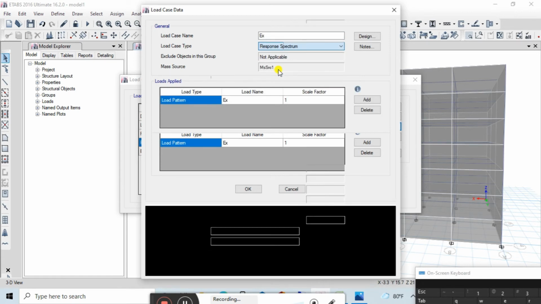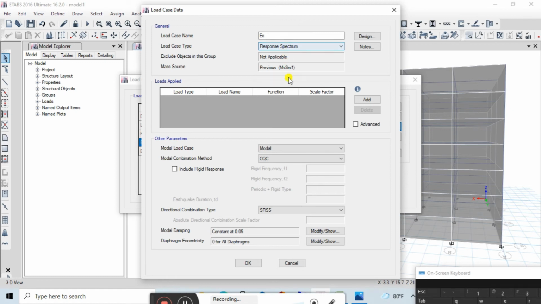After selecting response spectrum, you need to give the load type, load name, function and scale factor. So for this, click on the add option. Load type is acceleration only. Load name is U1. For the function you can choose RS.